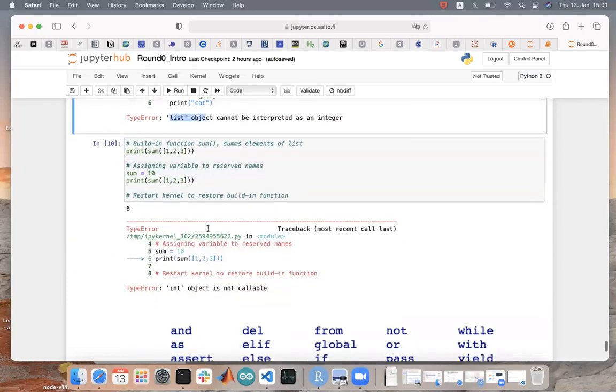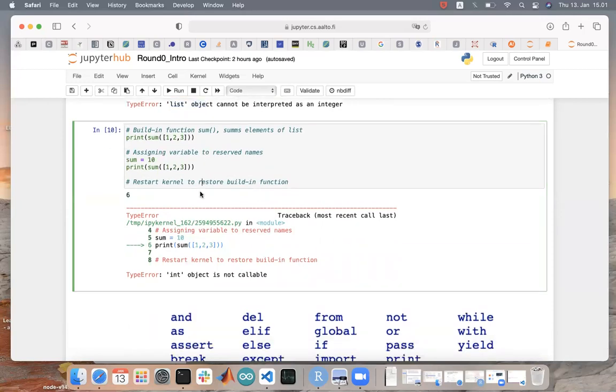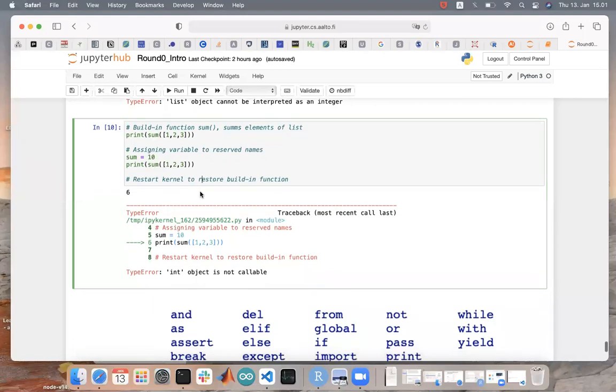And another very interesting error that happens more often than I would expect is using the reserved keywords or built-in function names as variable names. For example, we have this built-in function sum, which sums up the elements of the list and will return you 6 here.